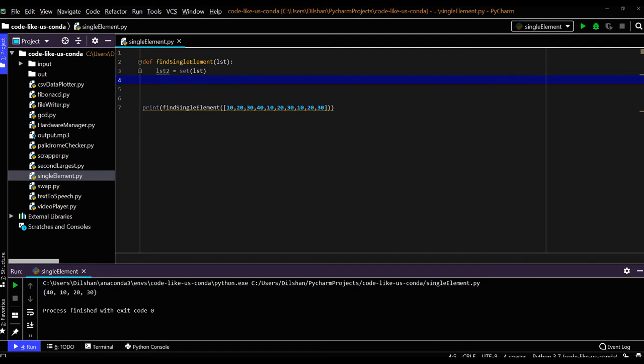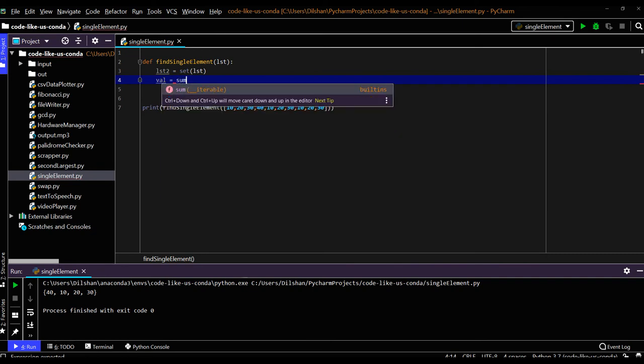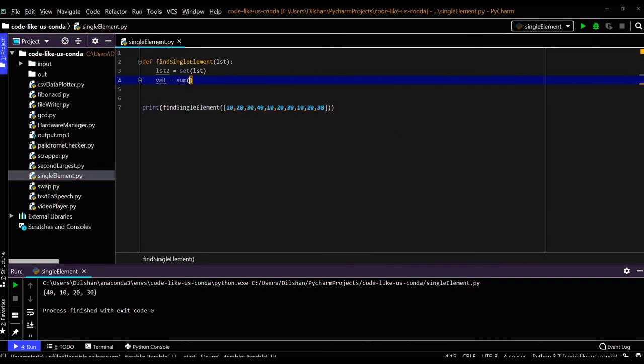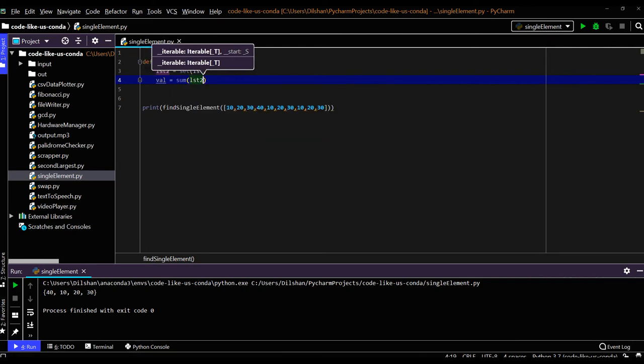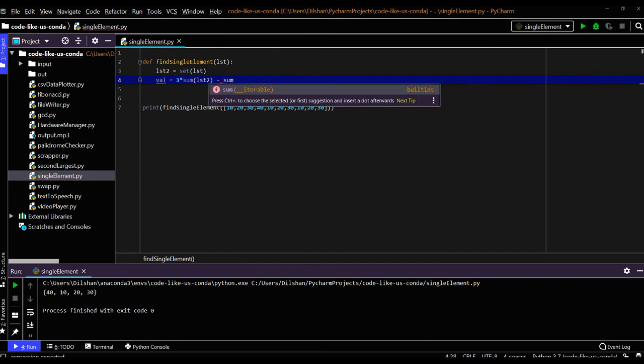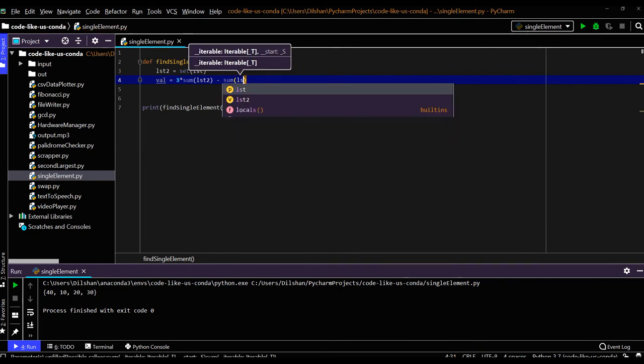Next step, we need to put them into the equation. So my value is equal to the summation of this list 2, multiplied by 3, and then reduce the summation of the original list.